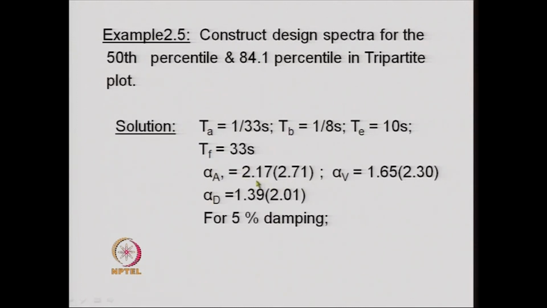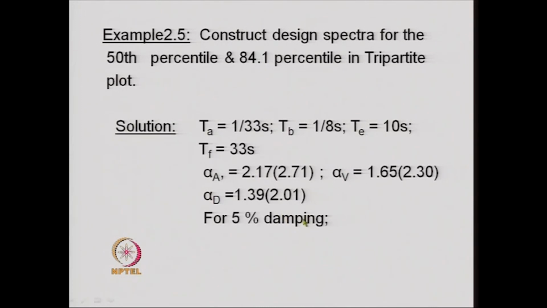For example, in this case, alpha A was 2.17, alpha V was 1.65, and alpha D was 1.39. These values in the bracket denote the 84.1 percentile, and this one the 50th percentile,